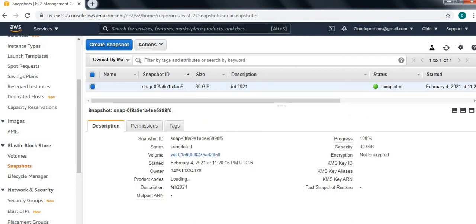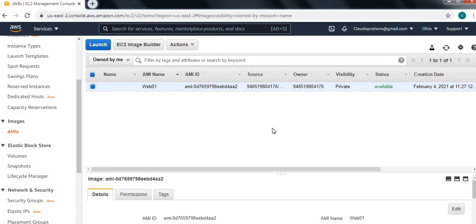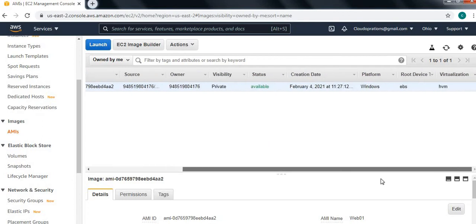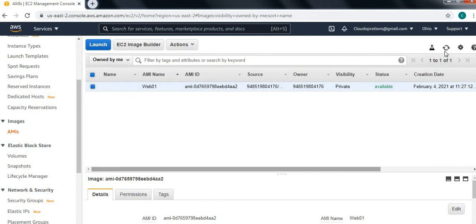Where can we see that? Simply go to images, click on AMIs. See here, the image is available. Yes, it is available. Next, we are going to create an EC2 instance. How do we do that?